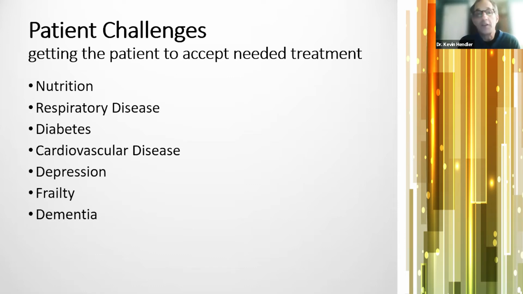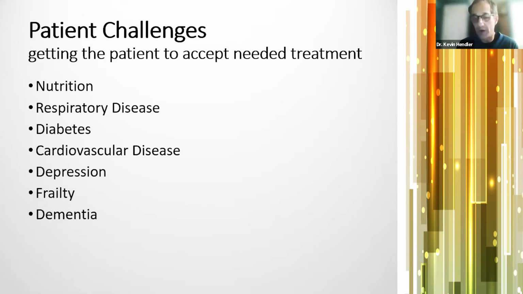Diabetes, I'm sure you're aware of a lot of the studies that find the association between diabetes and periodontal disease, and how treating the periodontal disease can improve the glycemic control and vice versa. So diabetic patients, I'll raise that issue with them. Cardiovascular disease, same thing. There's a lot of studies finding an association between heart attacks and strokes and periodontal disease. So it's good talking points, especially if they have periodontal disease. A patient came in with a recent stroke and he had really bad periodontal disease. So we talked about, hey, you know, there might have been a connection with this.